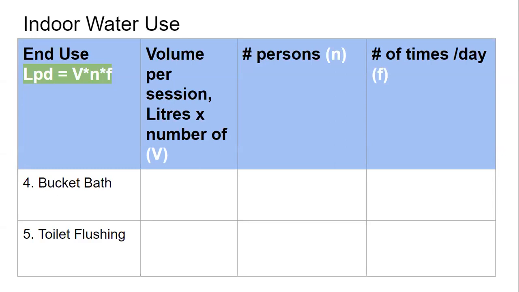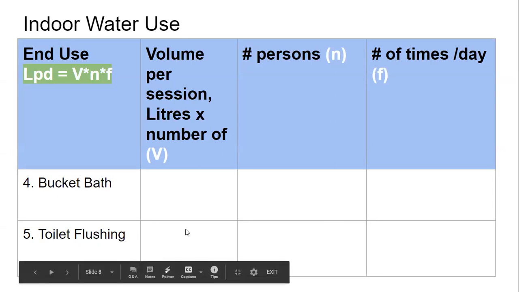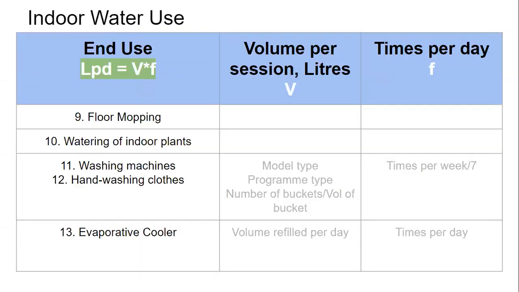So they may say, if it's a dual flush, they'll say we do 2.5. So you write down 2.5, which means like 1 half flush and 2 full flush. And so you note that, because that's what determines the amount of water used by toilet flushing by the household. And what are the other activities remaining?